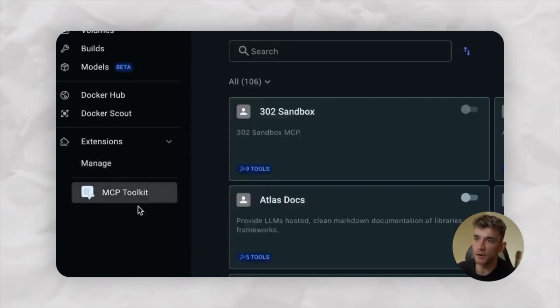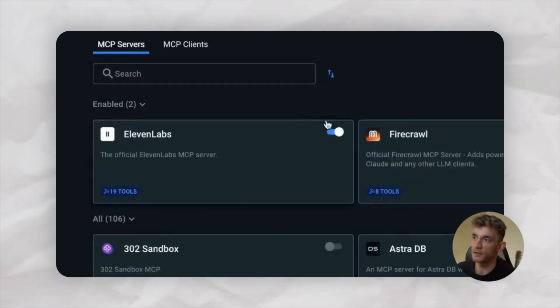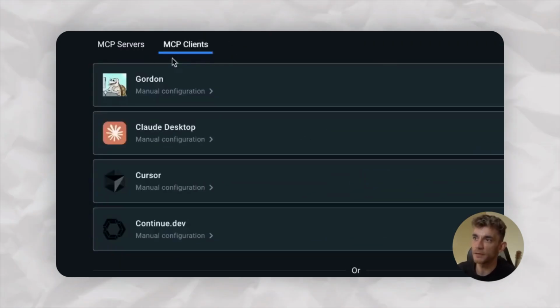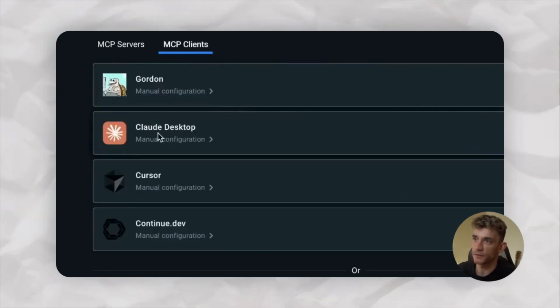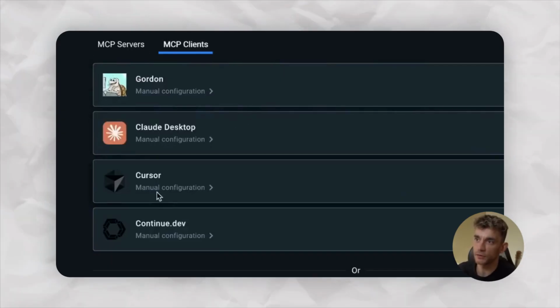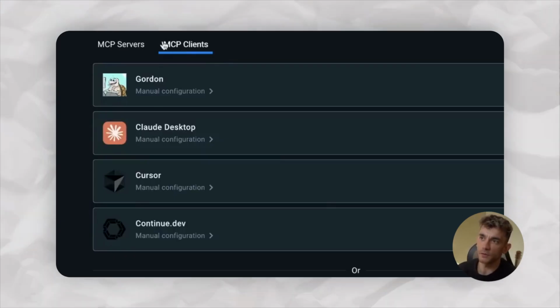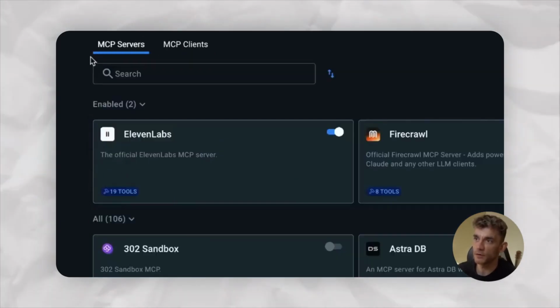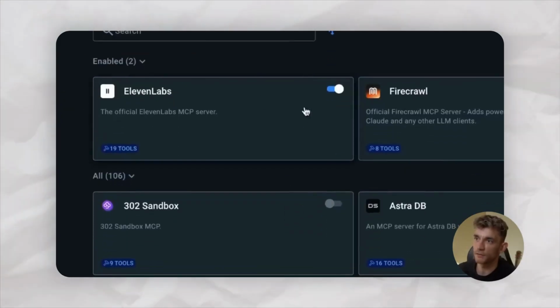And if we open this up on the left-hand side, you can just literally toggle on all the different MCP servers. And if you go to MCP clients, you can then select, for example, Claude Desktop or Gordon, Cursor, or continue.dev as well, right? So any sort of program that you would normally install MCP clients onto, you can just automatically install by clicking connect directly here. So I've got them installed inside Docker, and then I can, for example, enable 11 Labs or Firecrawl with one